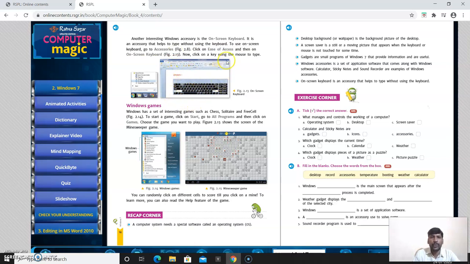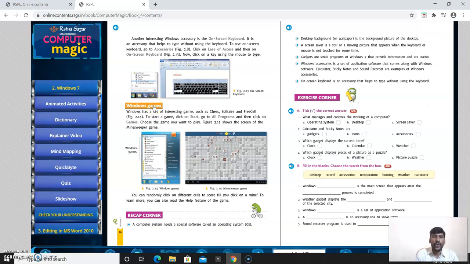This is 2.13, that is the on-screen keyboard. See, this is your desktop, and here you can see our keyboard. Okay, now next we will move to the Windows games.